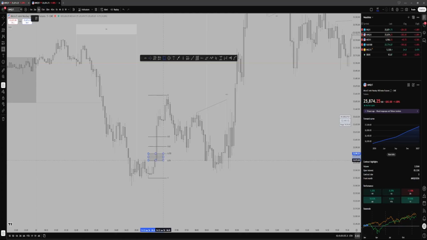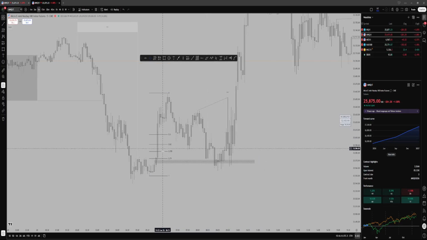this area. We want to see this area with a fair value gap between the 0.705 to the 0.79. So we have this big fair value gap here, right? And we also have this fair value gap down here. Now, I would essentially use this fair value gap because this one has all the levels in it,